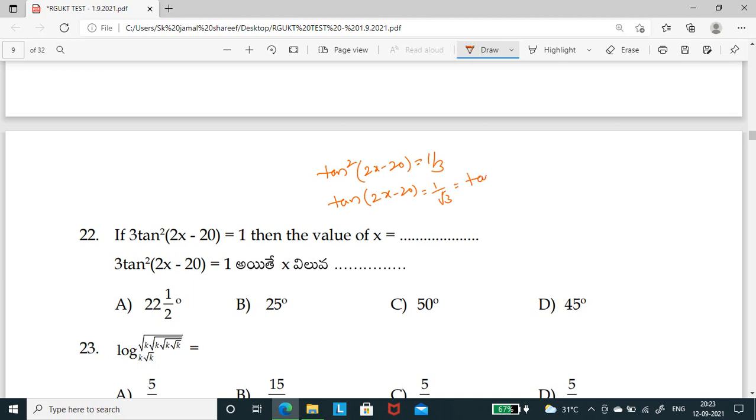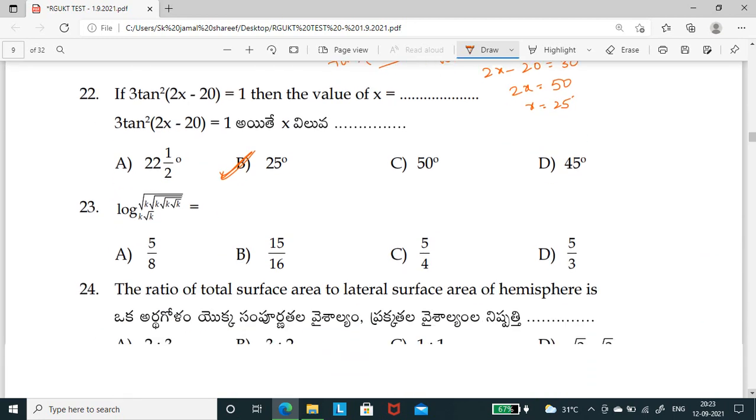So how can we write 1 by root 3? As tan 30 degrees. On comparison, you can directly take it as 2x minus 20 is equal to 30 degrees. 2x is equal to 50. So x is equal to 25. Hence the answer is 25 degrees. Next,